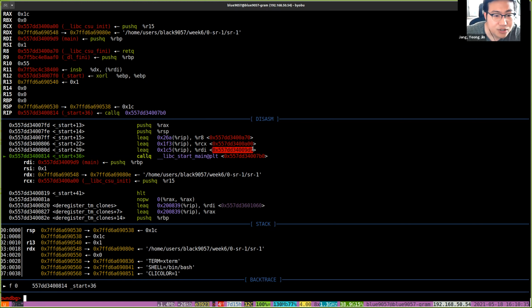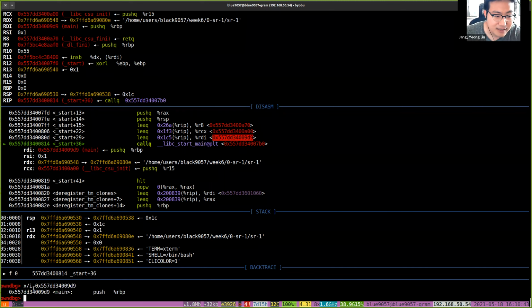The last push, the first argument of the libc_start_main function, is the address of main. So this is the address of main. But libc_start_main internally will call the main function. That means the main function will have a return address, and that address will be coming from libc_start_main. So let's set the breakpoint at this main address,